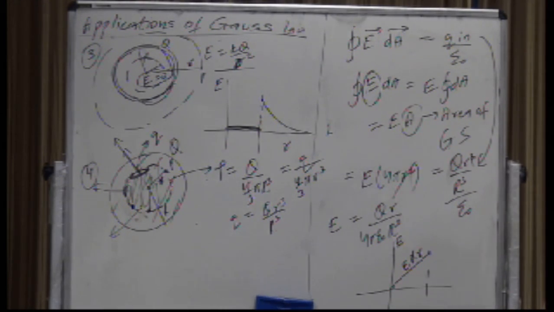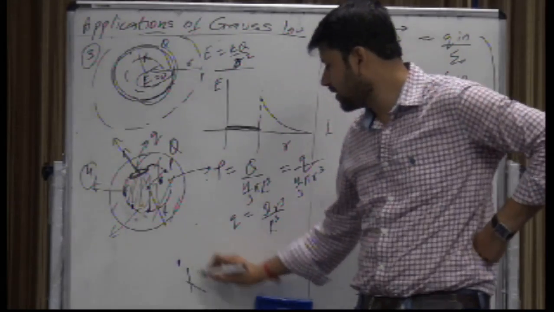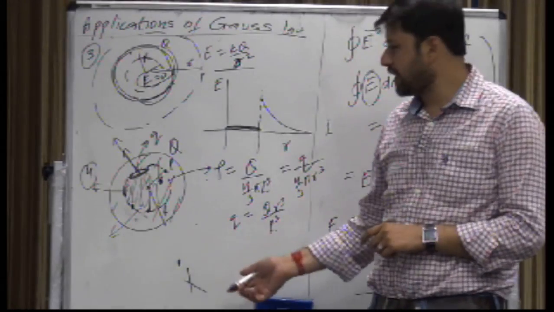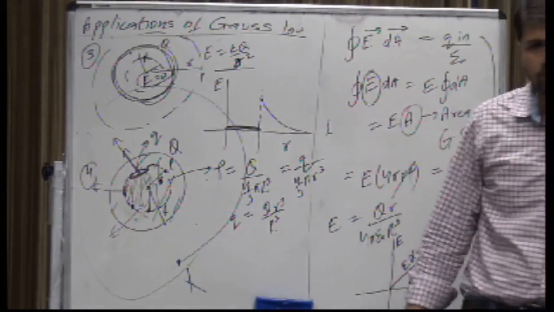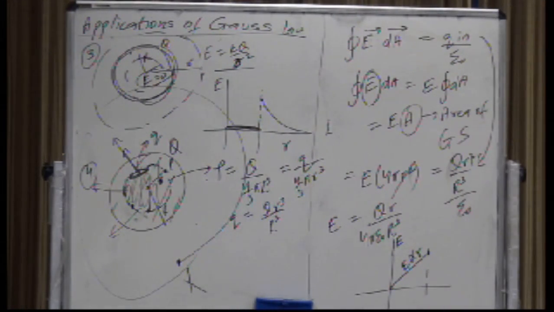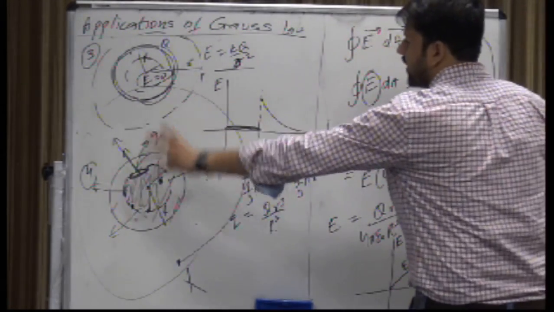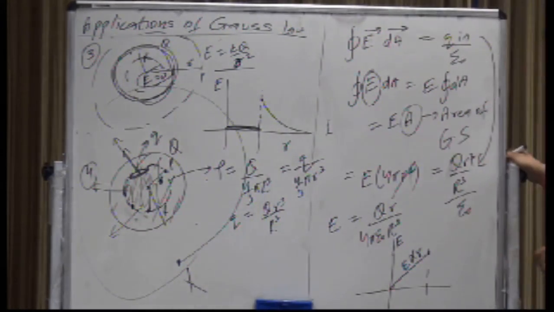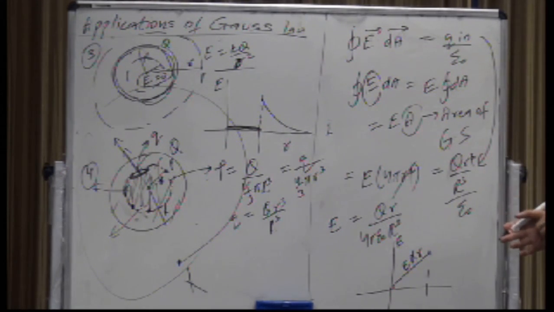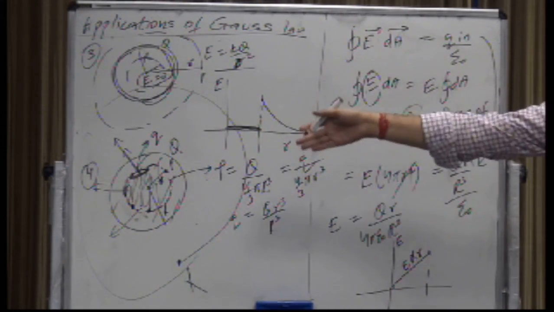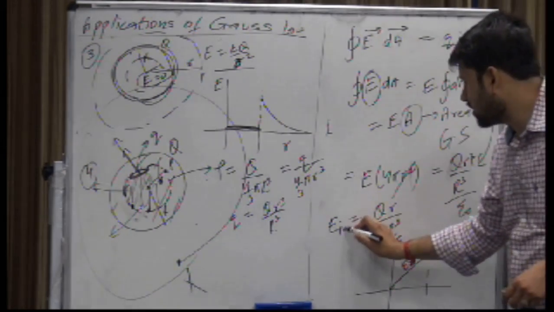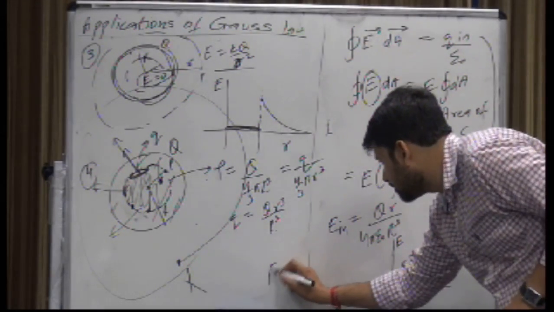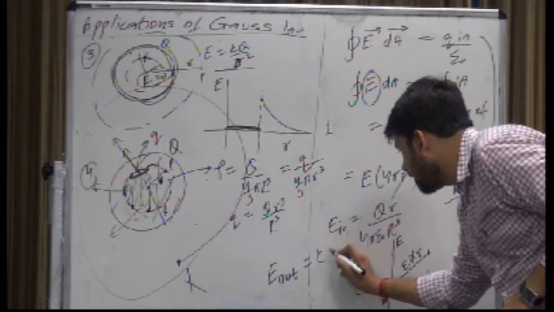Outside the surface, let's say your point is here, the point x. For this point, the Gaussian surface would be like this, huge. So for this point, the whole sphere can be considered as a point charge. You already know it. For outside points, the sphere behaves as a point charge. So the field would be like that for a point charge. This is inside, so outside it would be kq by